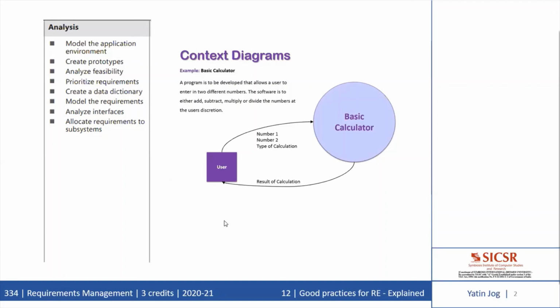And now the last good practice in the case of analysis is to allocate requirements to subsystems. The requirements for a complex product that contains multiple subsystems must be divided among the various software, hardware, and human subsystems and components. An example of such a product is an access system to a secure building that includes magnetic or optical badges, scanners, video cameras, recorders, door locks, human guards, and multiple other things.